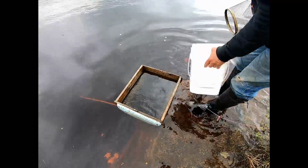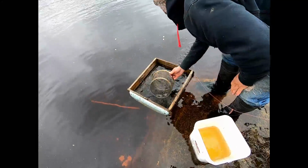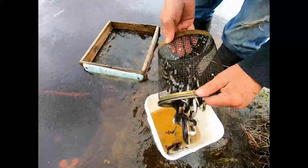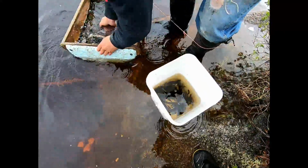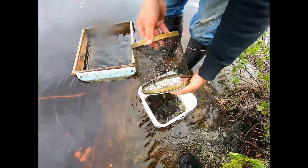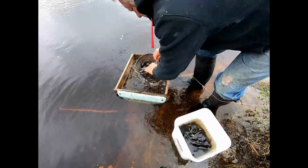And I just put minnows. So he's got kind of all different sizes in there. He's got sucker minnows, he's got red belly dace, he's got fatheads. And the whole idea,